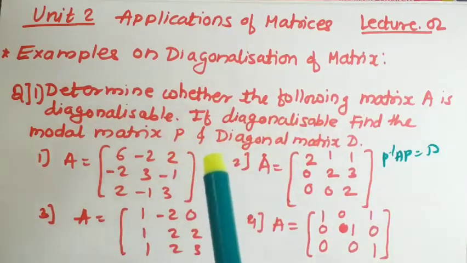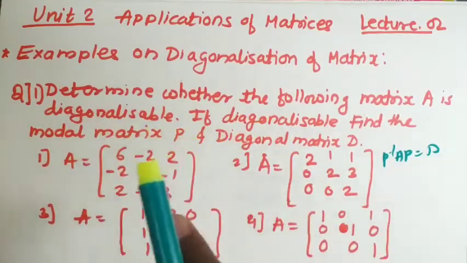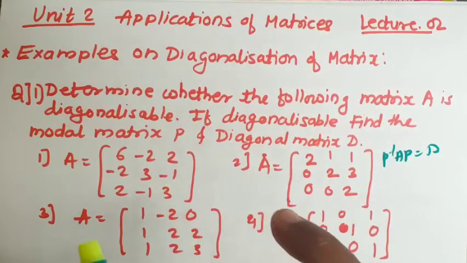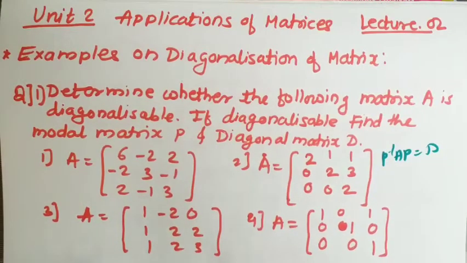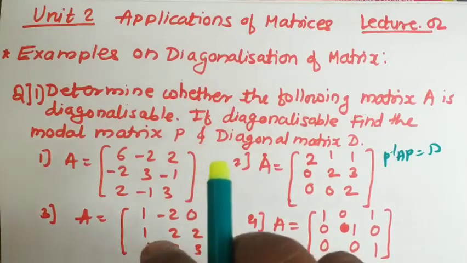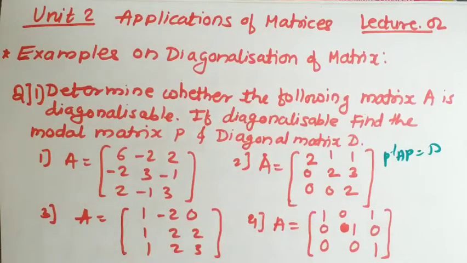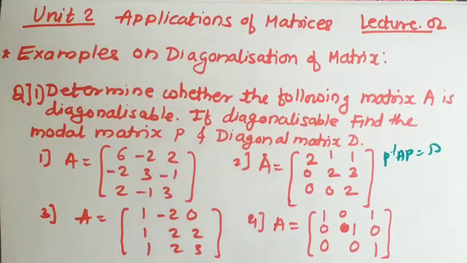For that purpose we have discussed a few things. Whenever the eigenvalues of a matrix are distinct, that matrix is always diagonalizable, that we know. And whenever some of the eigenvalues are repeated, we need to calculate the algebraic multiplicity and geometric multiplicity for the repeated eigenvalues. From that we can conclude whether the matrix is diagonalizable or not. Whenever the algebraic multiplicity and geometric multiplicity of each eigenvalue are equal, such matrices are diagonalizable. One example on distinct eigenvalues we have already done. Now we will see examples where the eigenvalues are repeated.